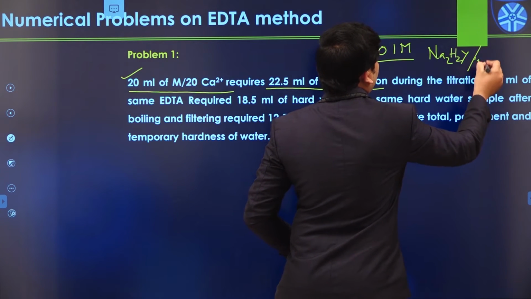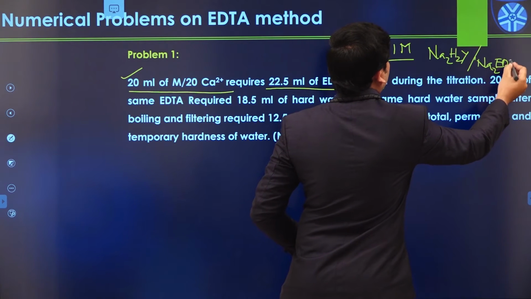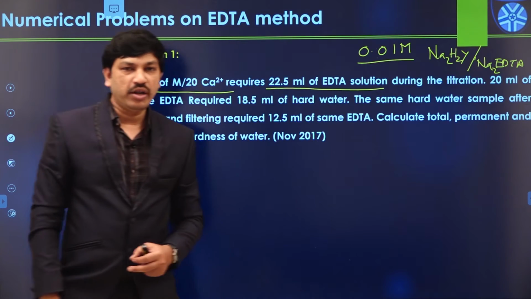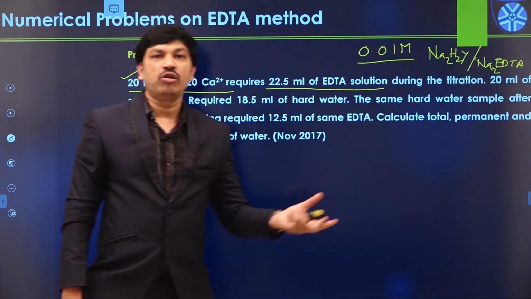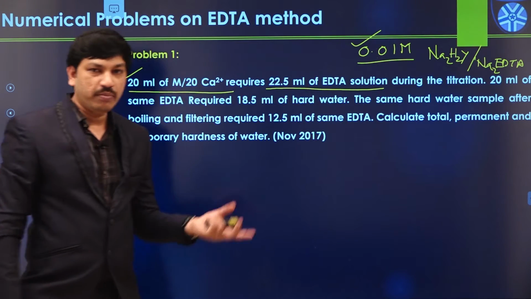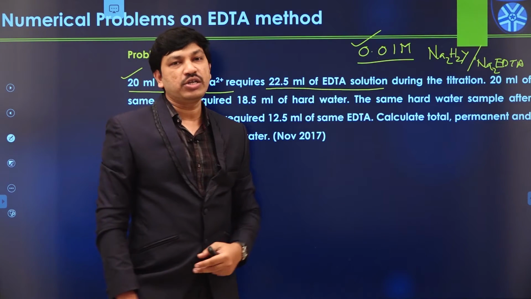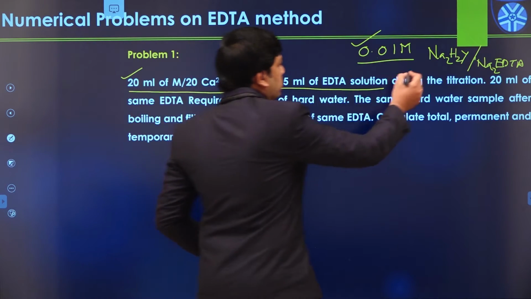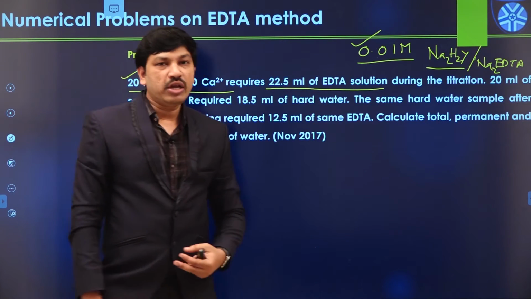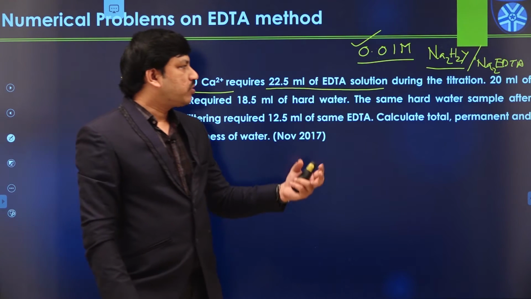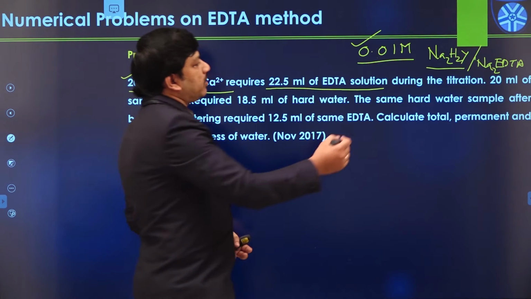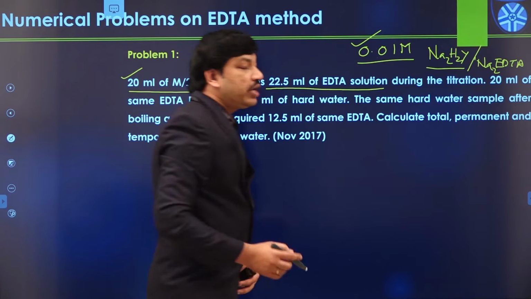Disodium salt of EDTA solution, or Na2EDTA like this. Normally we use the disodium salt of EDTA because it has better solubility in the water sample, but this solution we have to prepare, and we have to know the exact concentration of that solution. This is not a primary standard solution. The disodium salt of EDTA is not 100% soluble in the water sample. It requires some time,